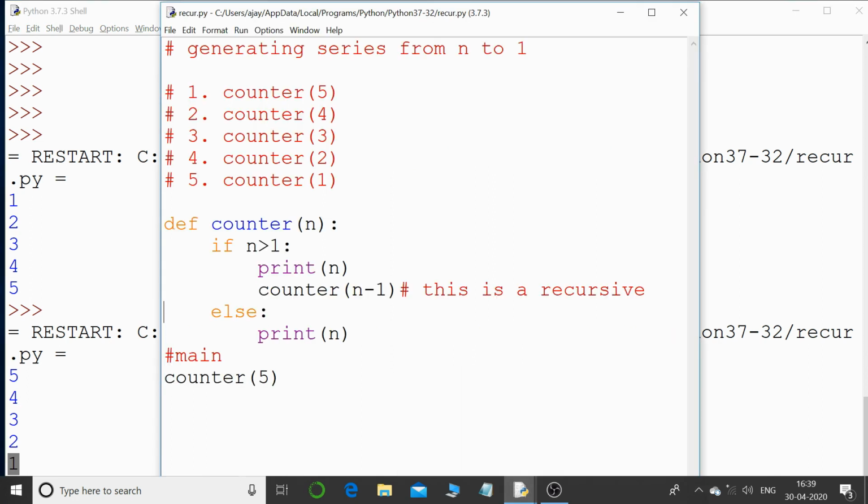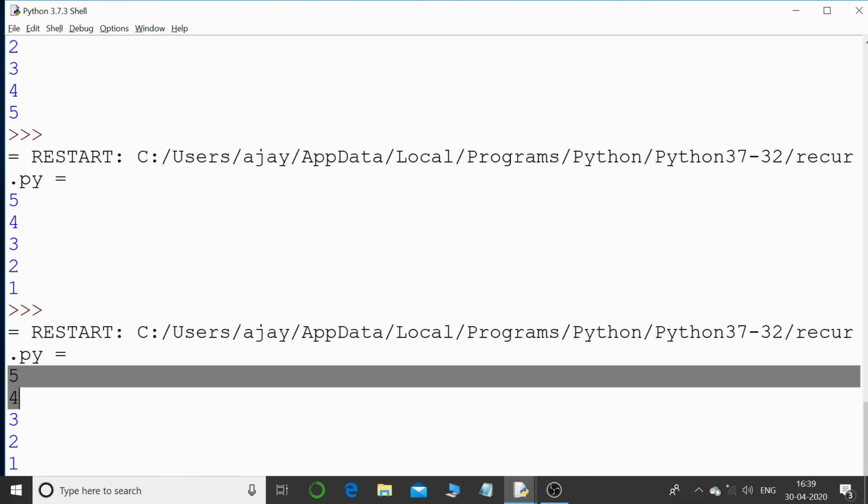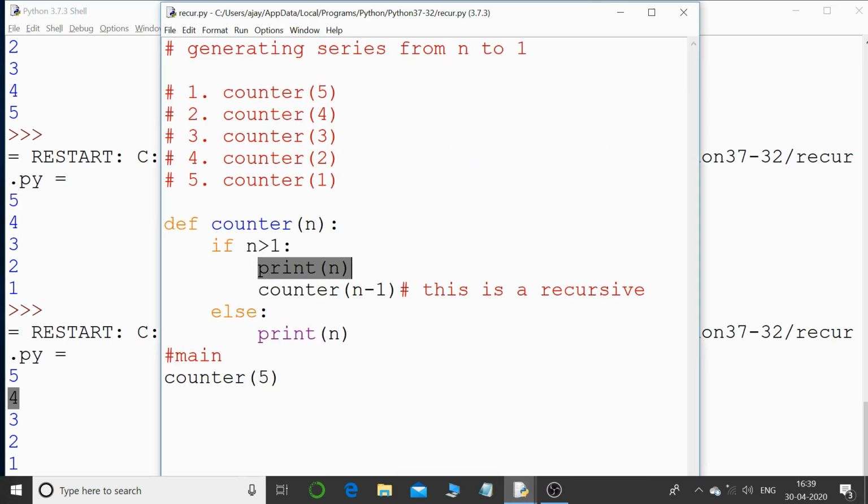So why we had this output is because now this is the first call. I'm passing 5, so 5 is greater than 1, and then I'm straight away printing n. What is the value of n? That is 5. So it will print 5 and then it's giving a call, 5 minus 1, that will be 4. And next time 4 is greater than 1, again I'm printing the value, then I'm giving a call to the function. So every time, before giving a call to the function, I'm printing the value of n. And so this time you can see the output of this particular program is 5 4 3 2 1. And so easily we can generate this series using a recursive function.